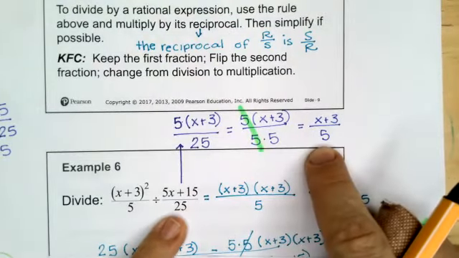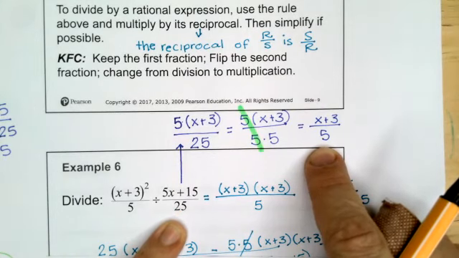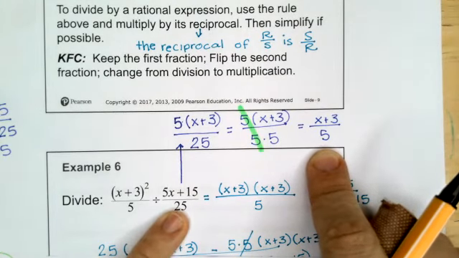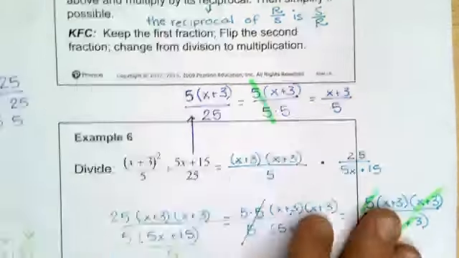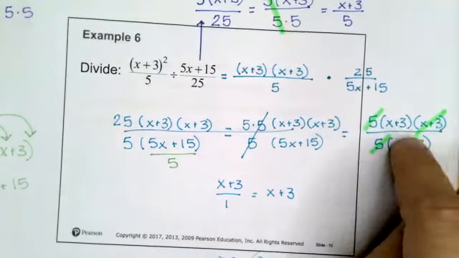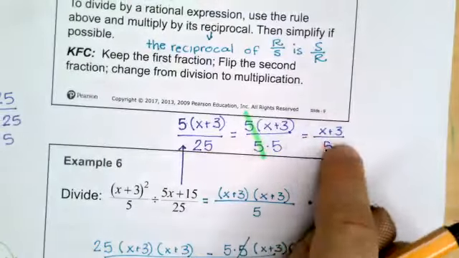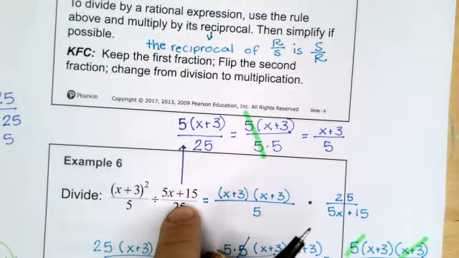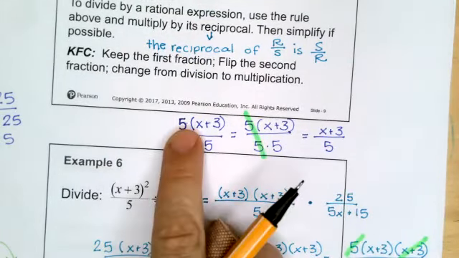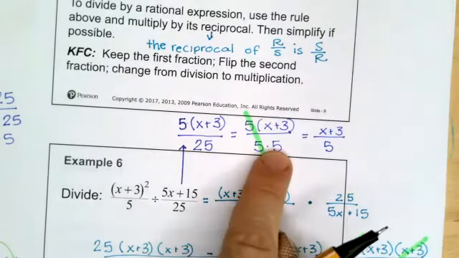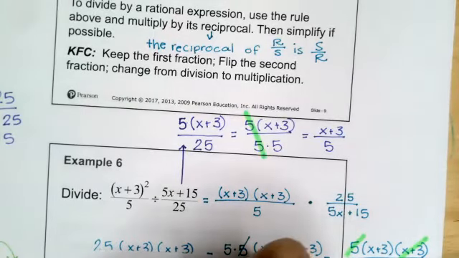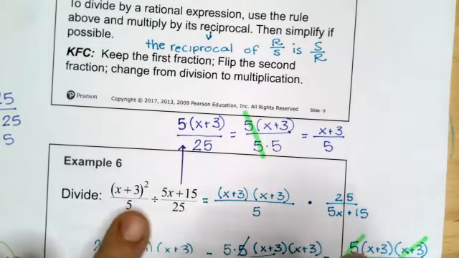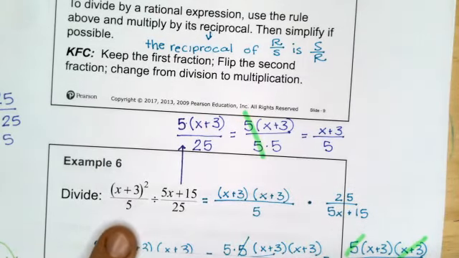So 5x plus 15 over 25, we changed to x plus 3 over 5, right? So now we do all of this again, but with something simpler. So we don't have to worry about this part. We got this into its simplest form right away because it's easier to work with smaller numbers, right? It's easier to take a 5 out of this and put this into its factored form and cancel out the 5. Then we just have x plus 3 squared over 5 divided by, instead of 5x plus 15 over 25,